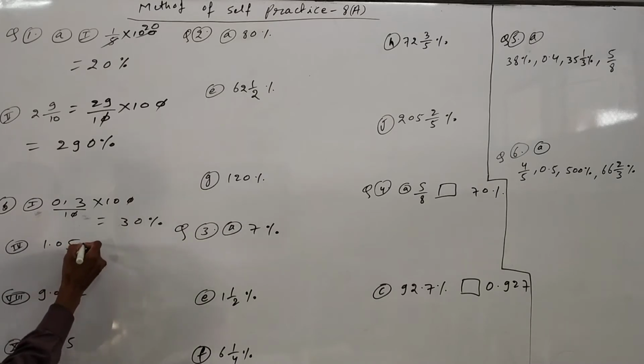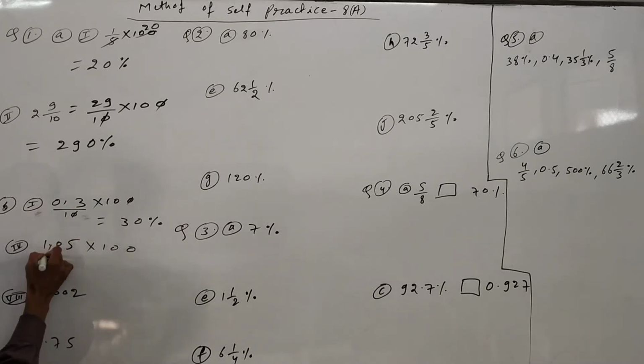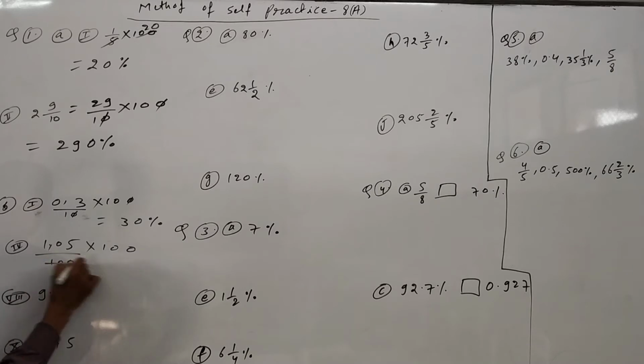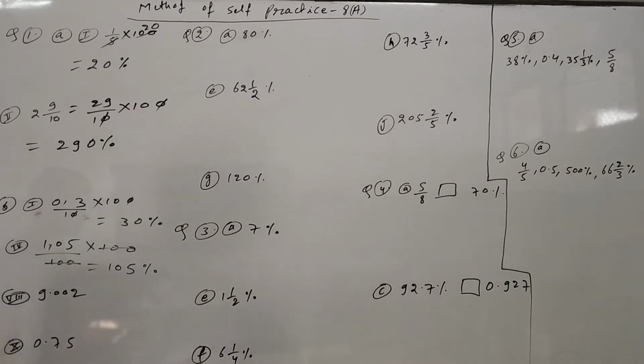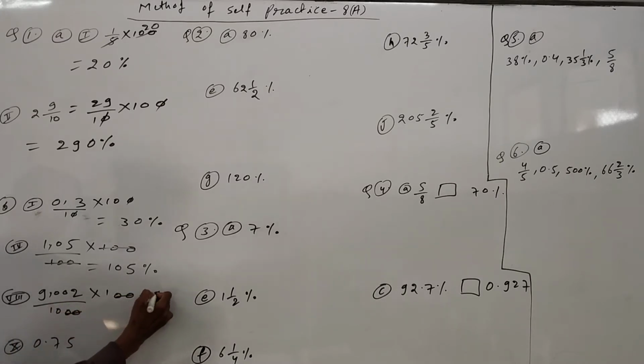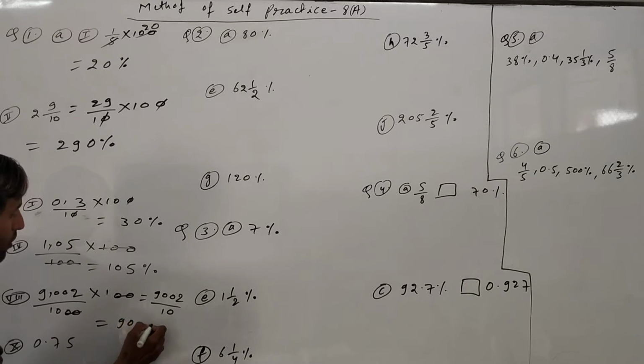Now, again we have to multiply by 100 here. So the point will be removed, it will come 20. So 100 will cancel out, it will come 105%. Okay. So percent may be more than 100 also sometimes. Now here again we have to remove like this. 100 will multiply. Just remove this decimal. It will come 1000. 20 will cancel. It will come 9002 upon 10. After that we have to convert it to decimal only. So just write down like this: 900.2%. This is the final answer.